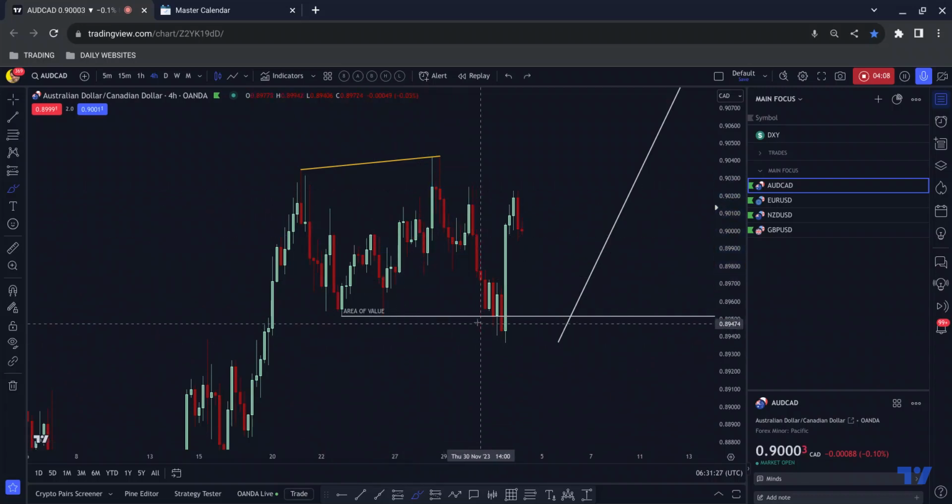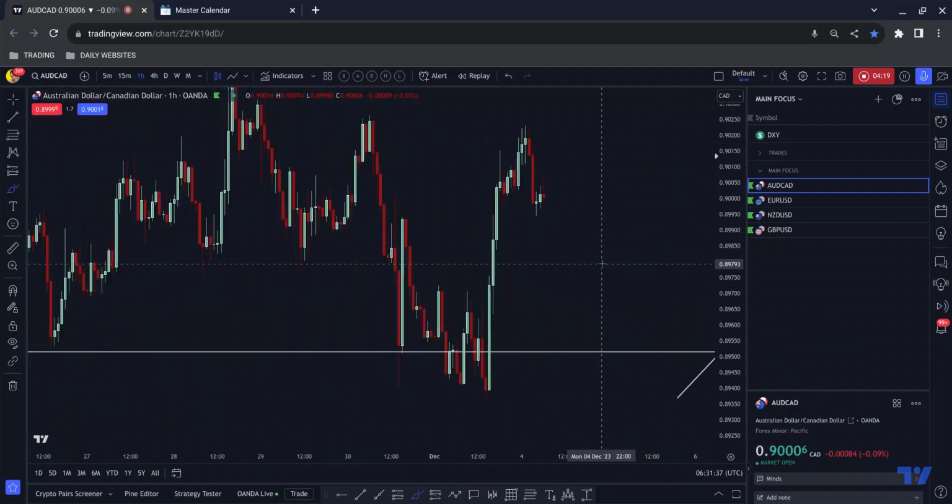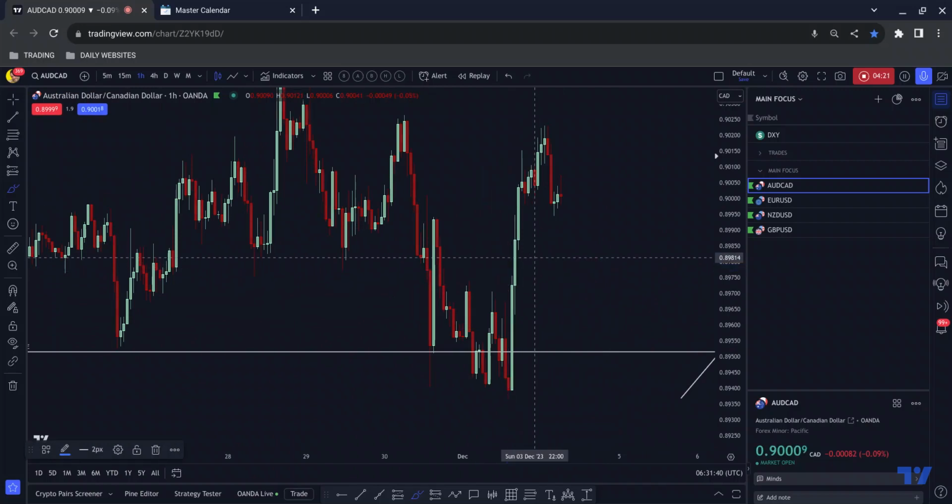We tapped into that area, we got there correctively. You can see that corrective price action there. That gave me a clue that if we reach an area of value correctively, we will likely push up. That's exactly what happened. And now, as you can see, we may be forming